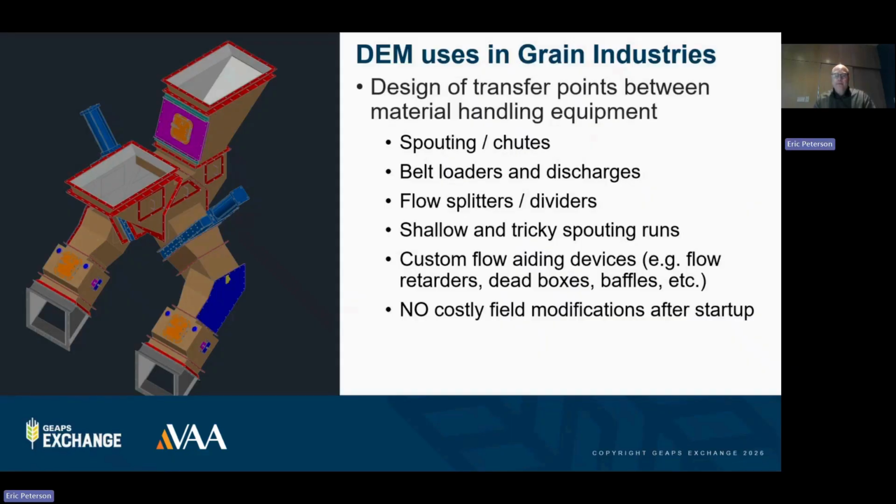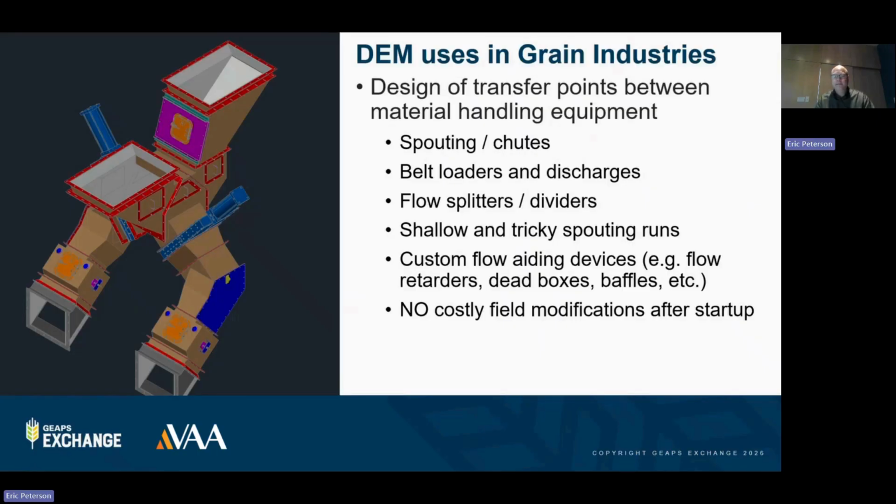There's also custom flow aiding devices like flow retarders or dead boxes and baffles that can be put into the simulation to change the behavior of the flow and do it on the computer before you actually put grain through it. And all of those things, when you do it in the design phase and on the computer prior to actually welding up steel and installing conveyors and installing chute work, is much more cost effective and much less invasive than doing it through a trial and error basis after startup, trying to get a system to operate according to